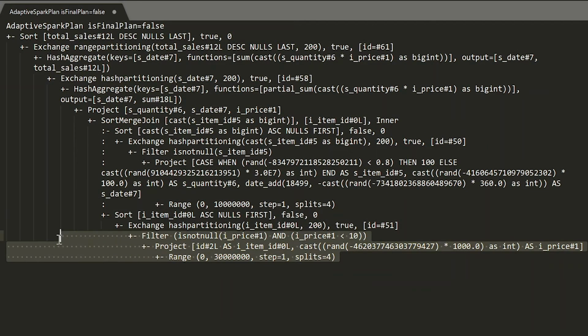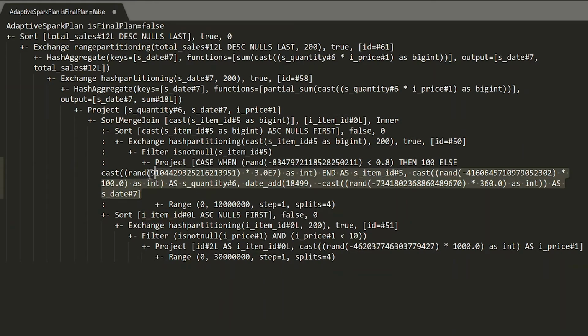This is the first data frame, and you can see this data frame has 2 columns. In the project, the item ID, and the second column is item price, and there's an exchange partitioning here, and there's a sort here on the column item ID. This is the join column which I'm using. Next project, there are 3 columns here.